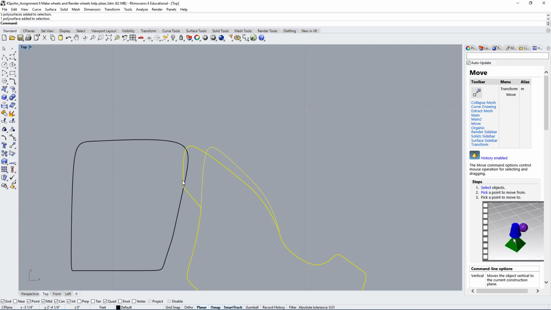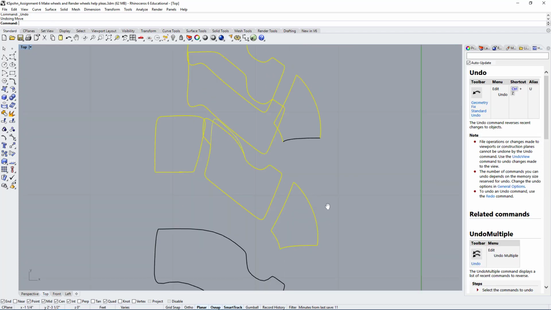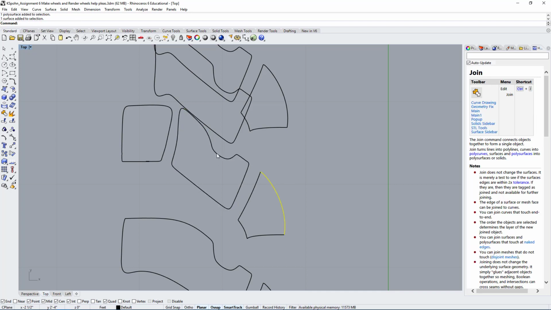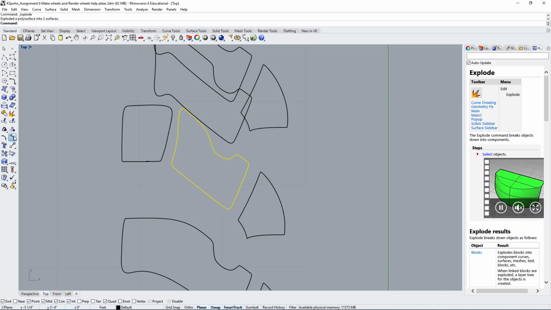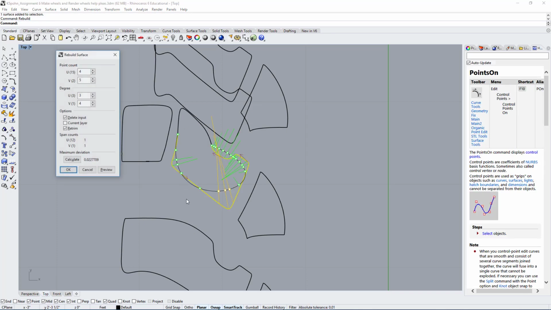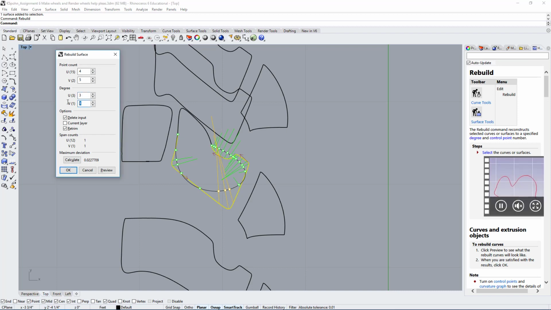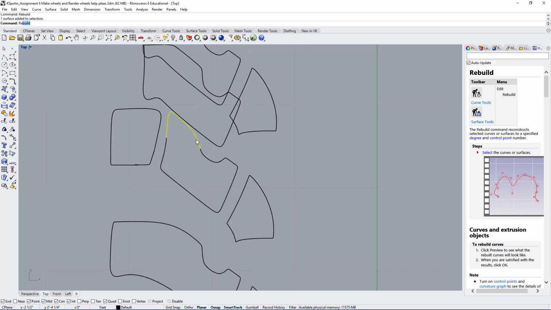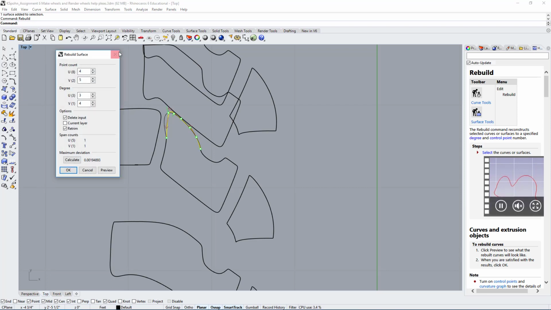When we join it, it does this? That's interesting. Huh. That's a crazy bug. Join. And is it because of the degrees? It's probably because of the degrees. Yeah, so there is this bug when you use degree 2. Oh, this is degree 1, okay. But it's degree 1 in the correct orientation, so it should be okay. Yeah, that's interesting. Typically it doesn't do that, so there must be something with the degrees.